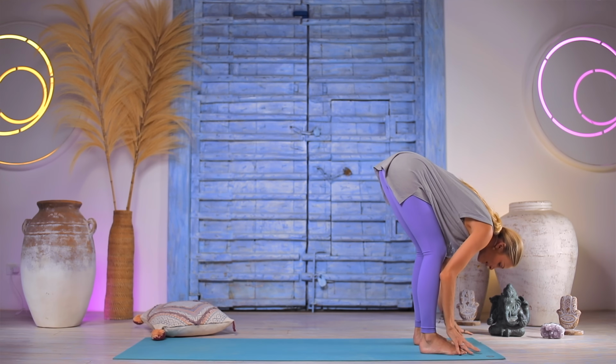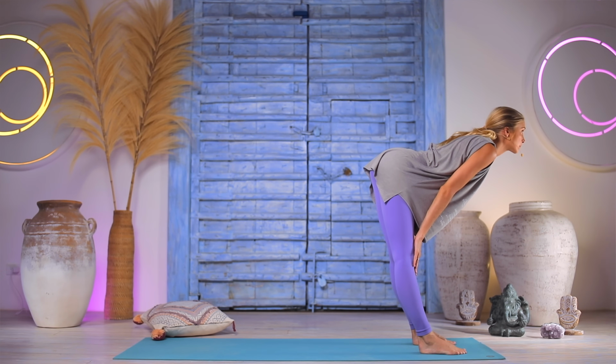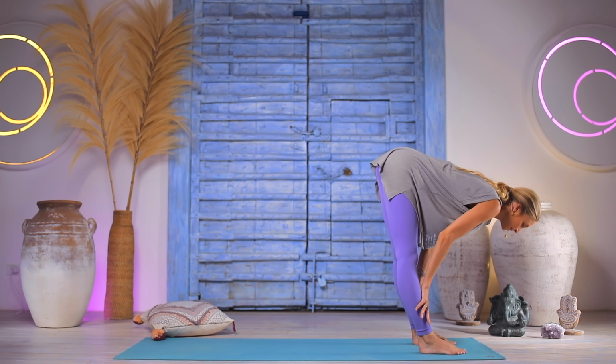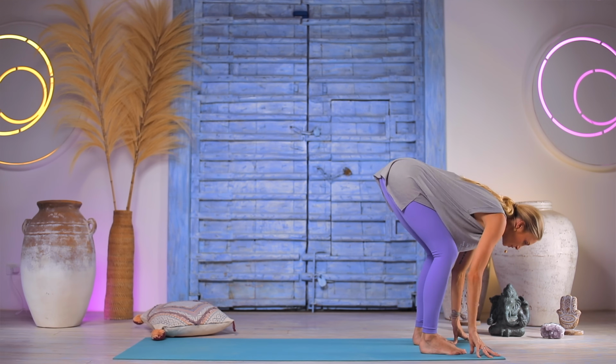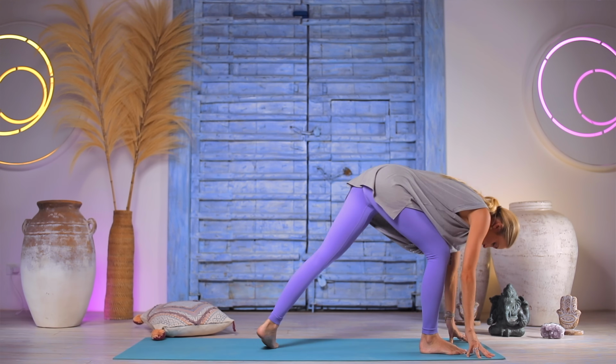Inhale, I want you to slide your hands up your shins to your knees. Straighten your back, just look forward. Exhale, slide them back down. Bend your knees, see if you can reach the floor. Good, and then slowly from here, we're going to step your left leg now to about the middle of your